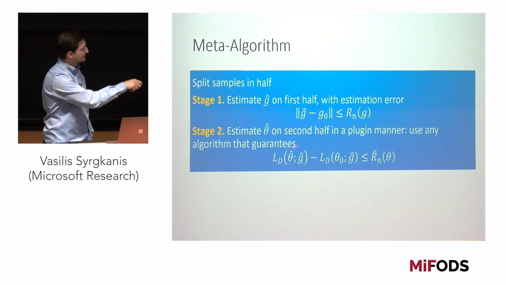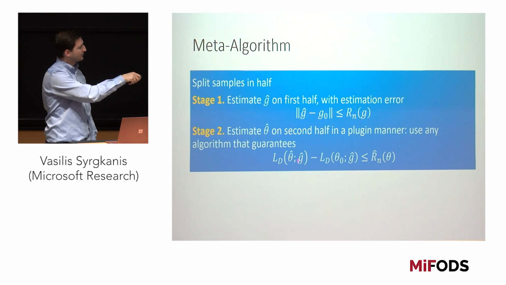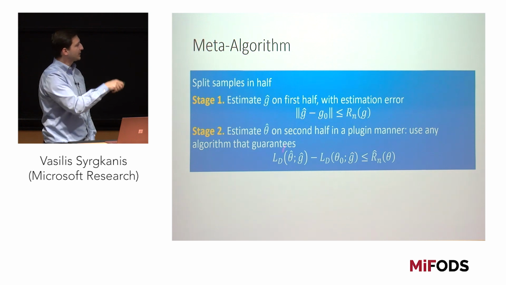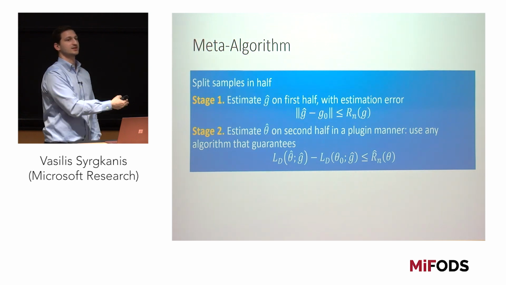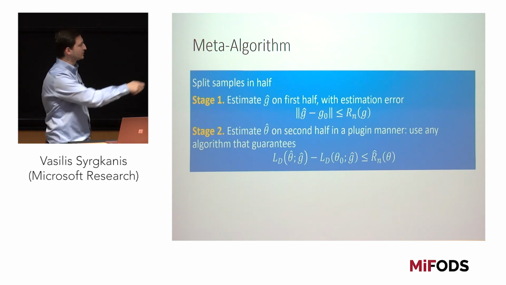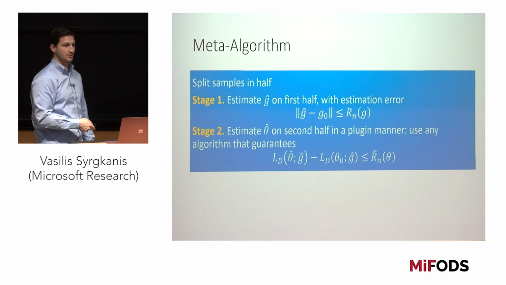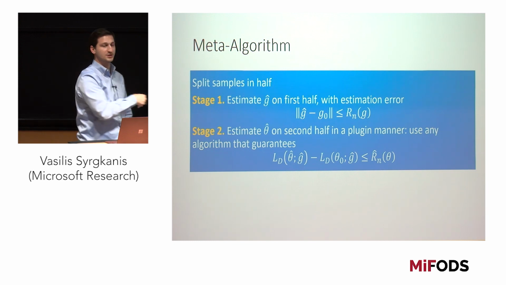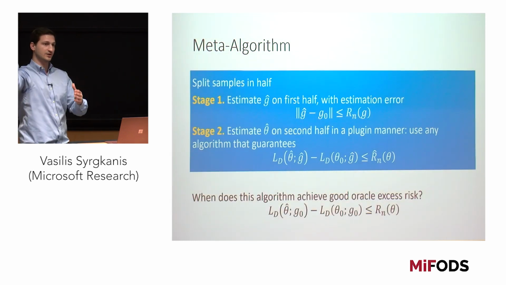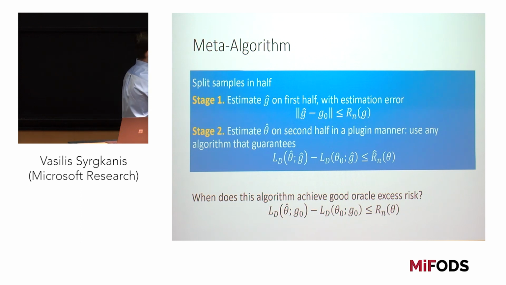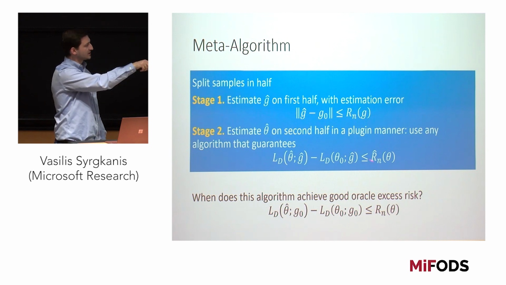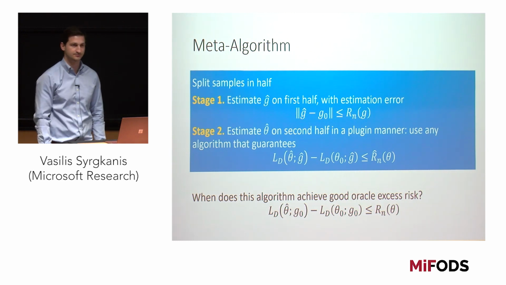Right? So it manages to achieve an excess risk for this loss function of Rn hat of theta. Now once I plug in the g hat, this is a normal statistical learning problem. And you can apply any theorems that you want from statistical learning theory to this plug-in statistical learning problem. But of course, this is not what you really want. You don't want an excess risk on the plug-in nuisance function. You want an excess risk on the true nuisance function. So the main question is how do these two relate? And can you show that this thing is of the same order as this plus a second order effect from this?